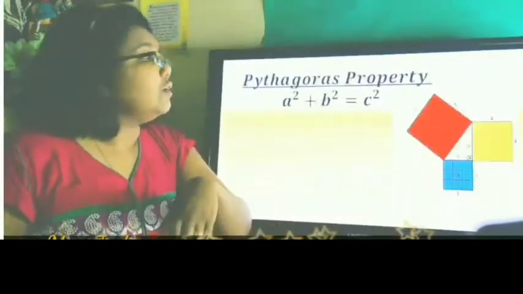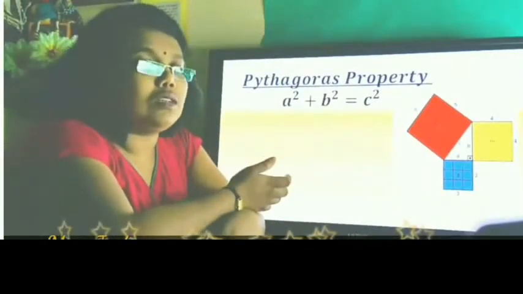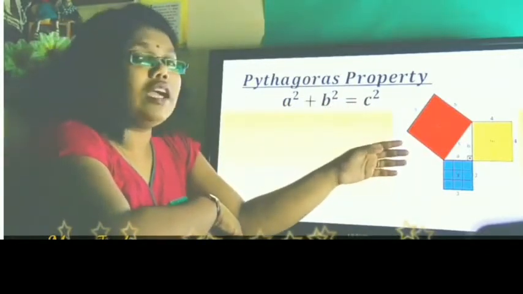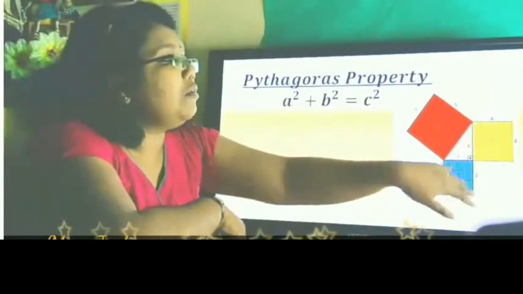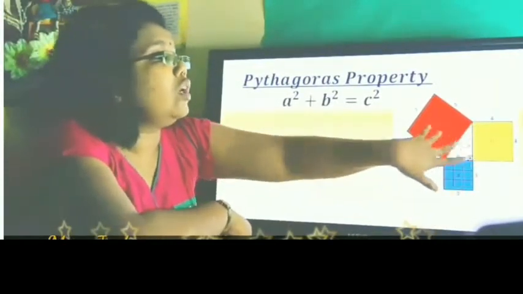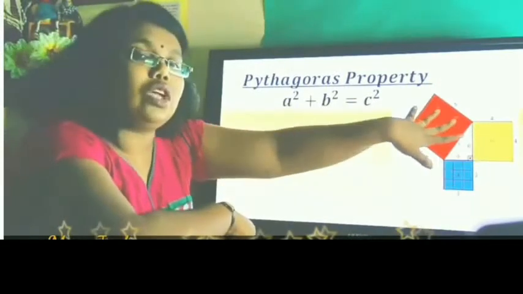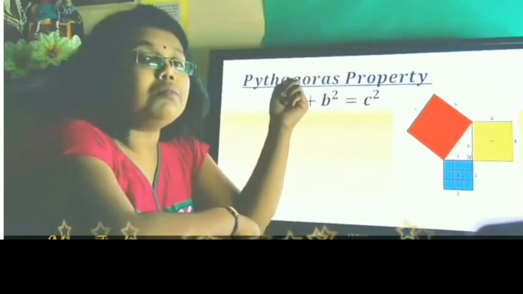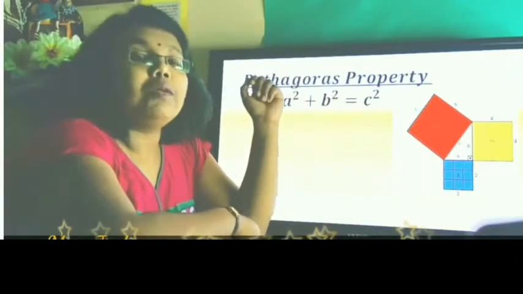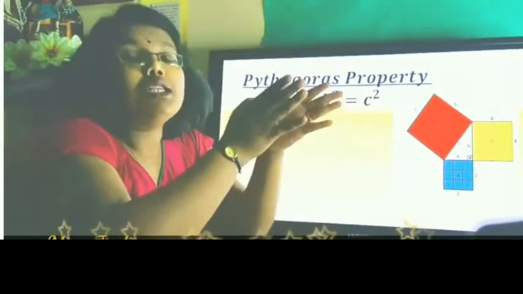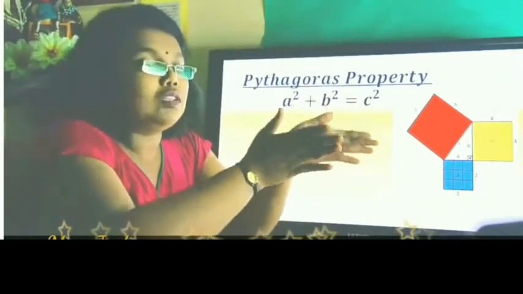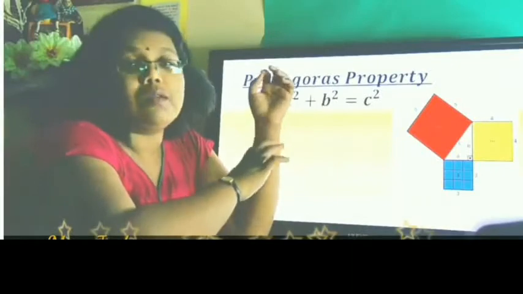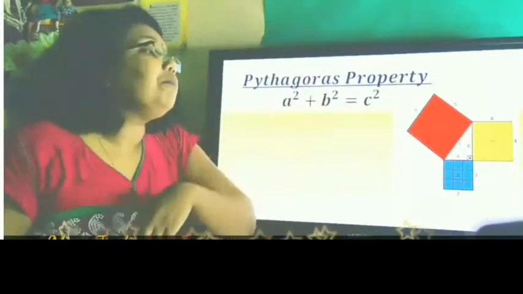Now let's see the figure. This is the Pythagoras property or Pythagoras theorem. For your grade it is called Pythagoras property. A square plus B square is C square. Now this activity we have already seen. See the squares being made. There's a 3 square, there's a 4 square and there's a 5 square. When you add 3 square and 4 square, you get 5 square. This is what was found out by Pythagoras, and he helped make the pyramid so perfect using this property. Pyramids have a base that is a perfect square and each of the sides is a perfect triangle. So this is the property that Pythagoras used to make that happen.